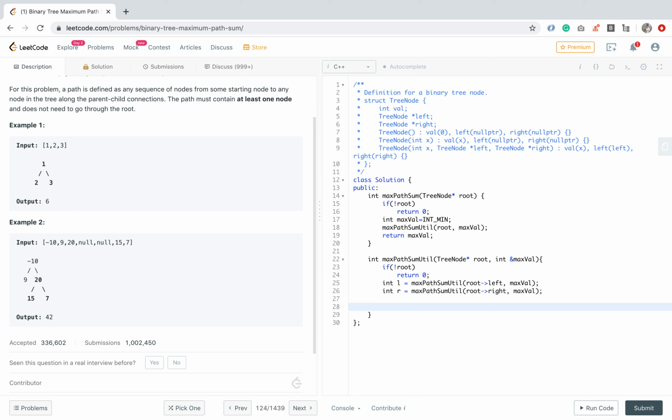Okay, then there will be the left child and right child, and then the subtree with that left and right that we can form.